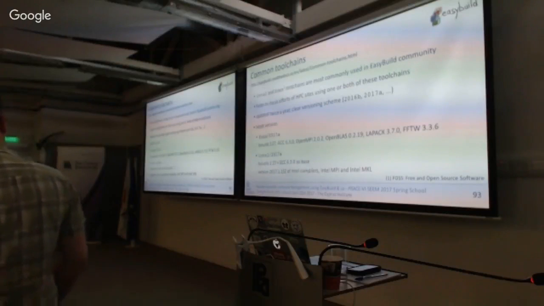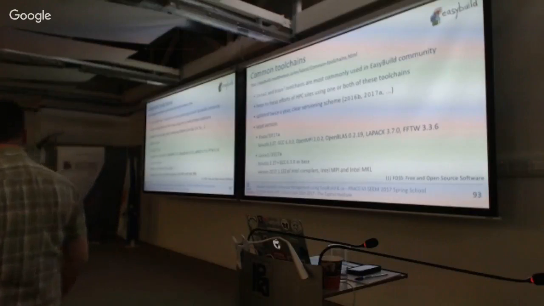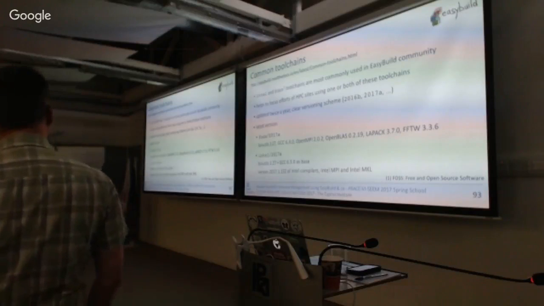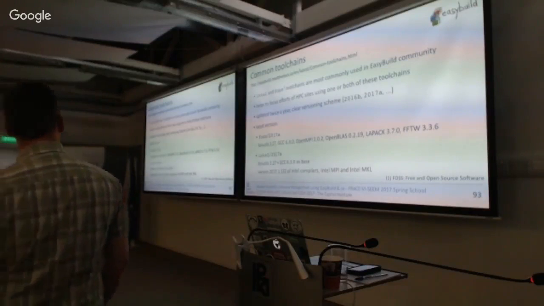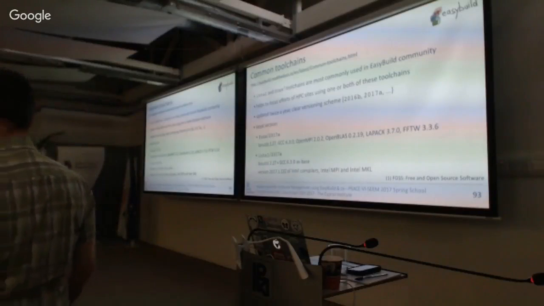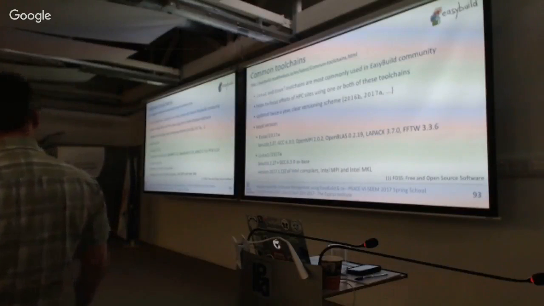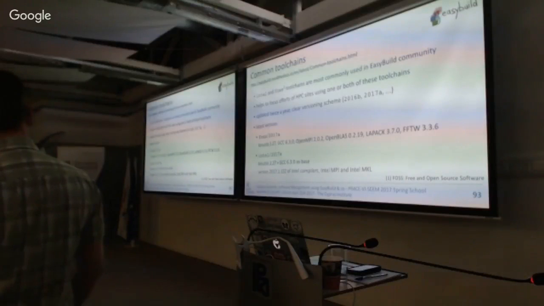The common toolchains. The concept of a toolchain is not really clear for people new to EasyBuild, and it's sometimes hard to pick a toolchain to start with. So we have two toolchains that we recommend. The Intel toolchain, which is all Intel tools: compilers, MPI, and MKL. We also have a FOSS toolchain, which is short for free and open source software. So it's basically GCC based, with OpenMPI, OpenBLAS,